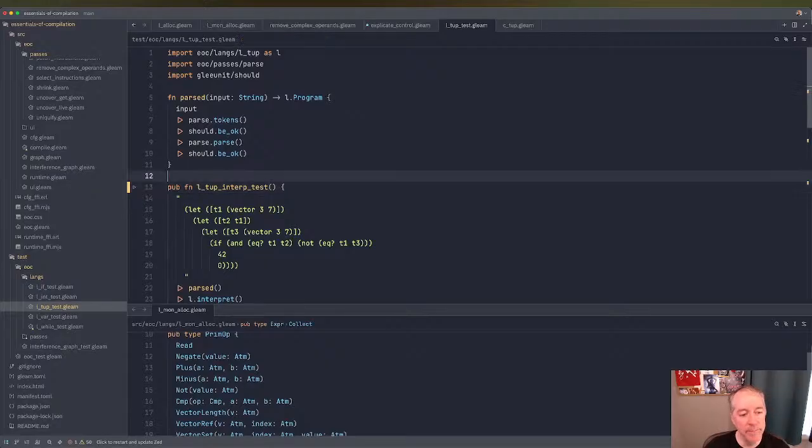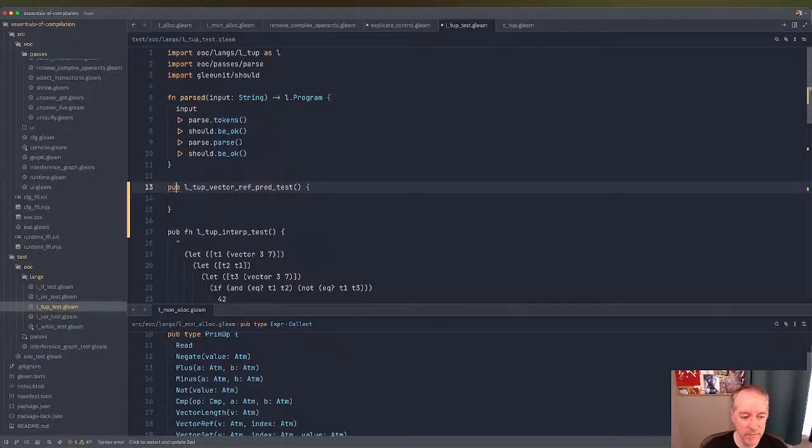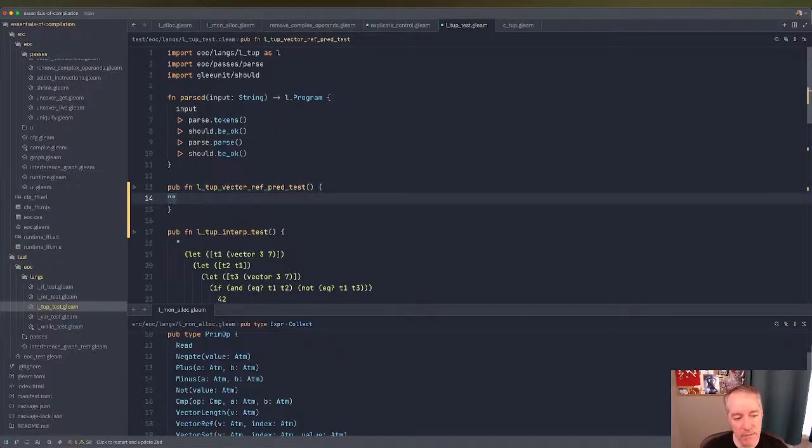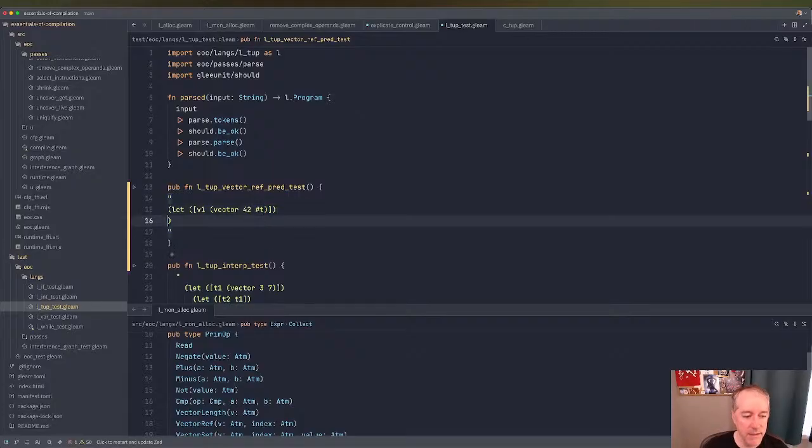Okay. So like, I feel like, let's say a vector ref predicate test. Pub fun. Okay, so we're going to do something like let v1 be a vector, and it's going to contain, why not just go with the flow, 42 and true. Okay, and then in that, we're going to say if